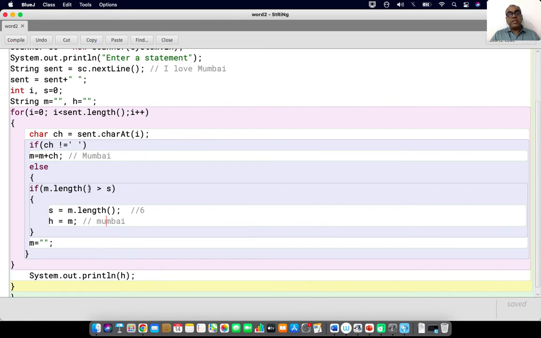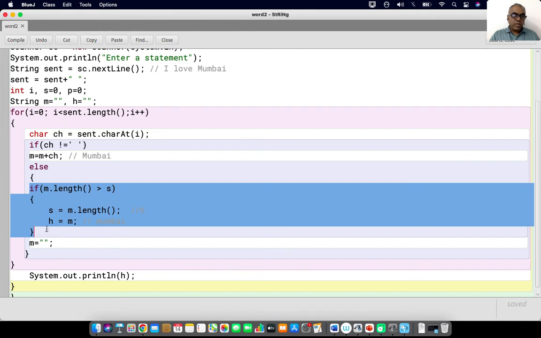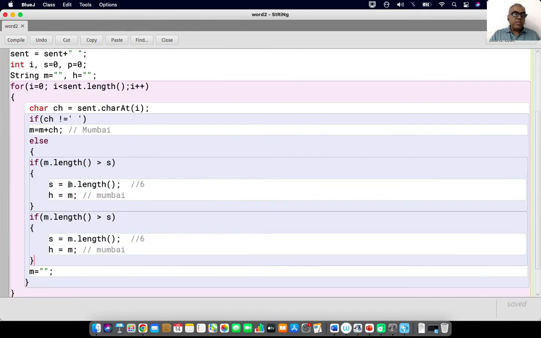What now if I want to find the smallest one? I will still take another variable. So I'm saying p is equal to 0, and I'm going to copy the same thing over here, okay, first to make us understand. But this time what we'll see is, the word that has come, if the length of that is less than, instead of greater than,